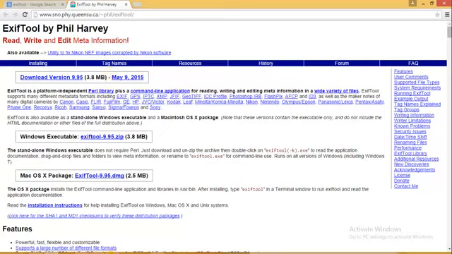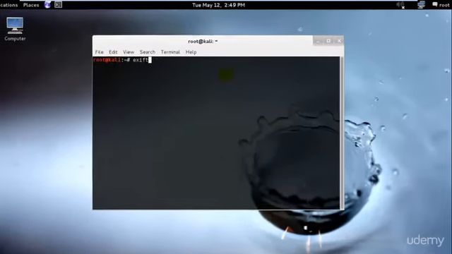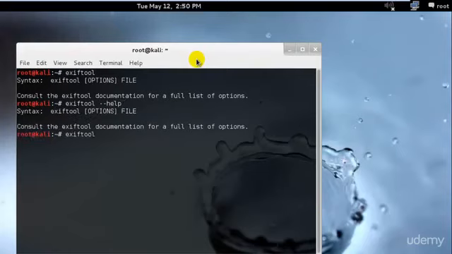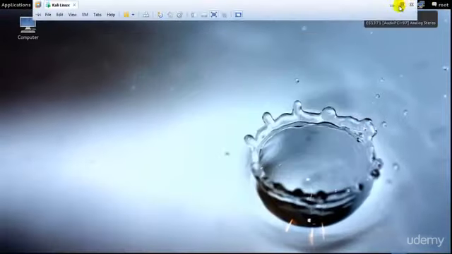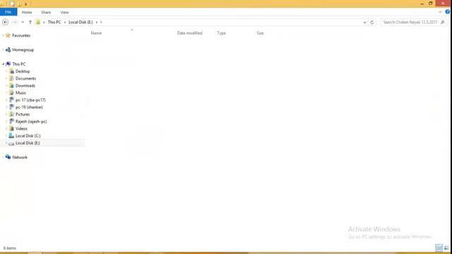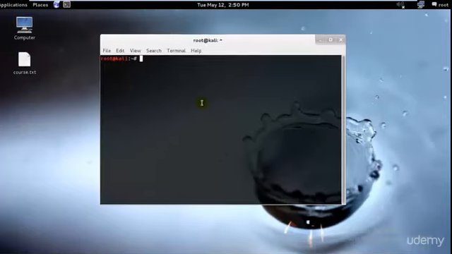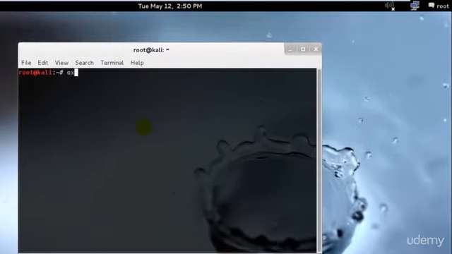And I think that probably we have ExifTool over here. Let me check if we have it already installed in Kali Linux. Perfect, we have it. So I'll just type exiftool -help. Let's check if we could get all the information. Okay, I would have to consult the documentation, but I will show you how we can go about it. Let me just copy one of the files from my computer, and I'll try to paste it over here. Okay, perfect. What I'll do is type exiftool /desktop